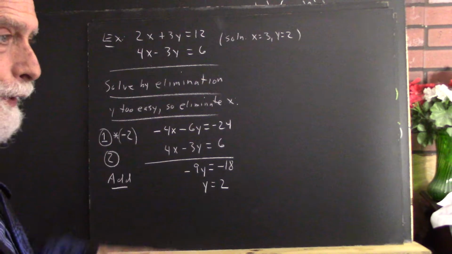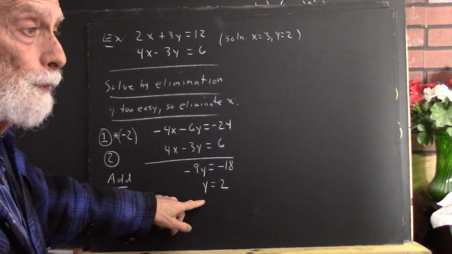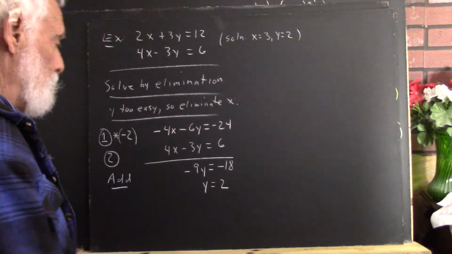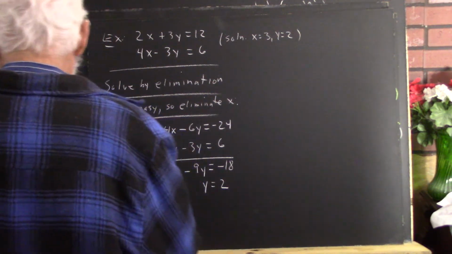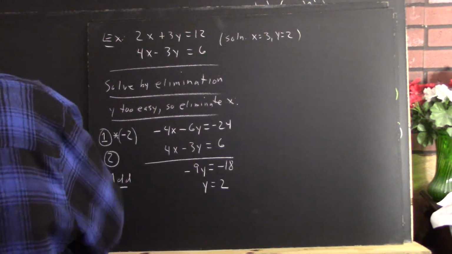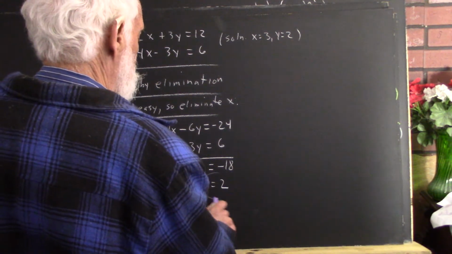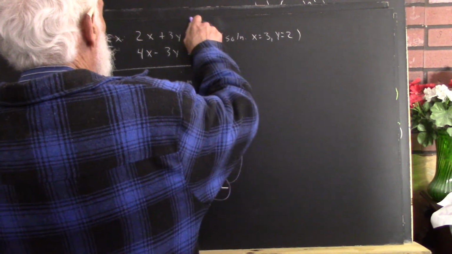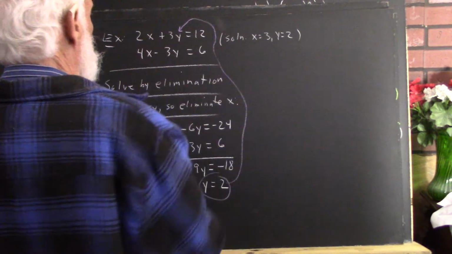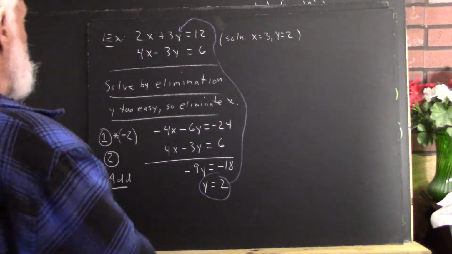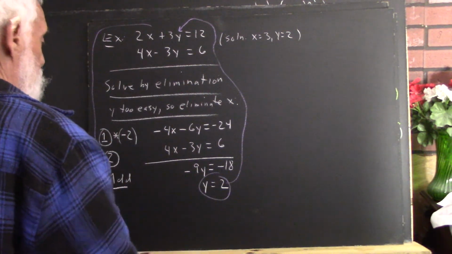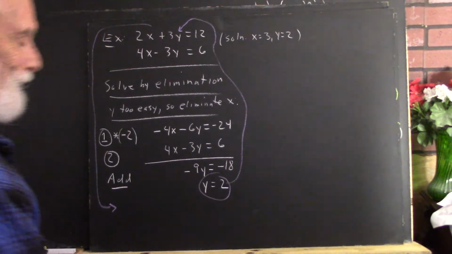Okay, but let's see where this ends up. So now we've got y equals 2. So what I do is I'll use a different color to do this. I'm going to take y equals 2, and I'm going to bring it all the way up here and plug it into the first equation. Okay, which gives me an equation that I can now write here as